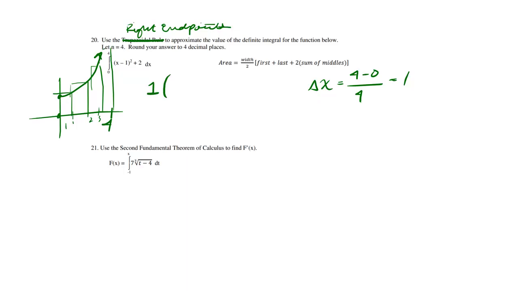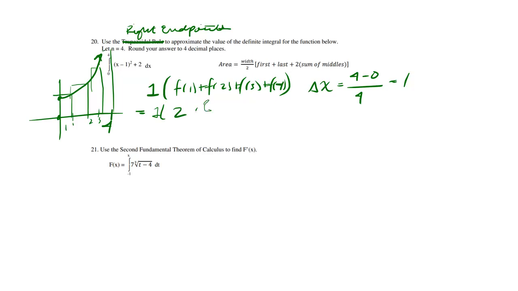So 1, and then we're going to have the function value at 1, plus the function value at 2, plus the function value at 3, plus the function value at 4. So if I'm using the right points here, we end up with 1 times, when x is 1, I have 2, plus when x is 2, I,